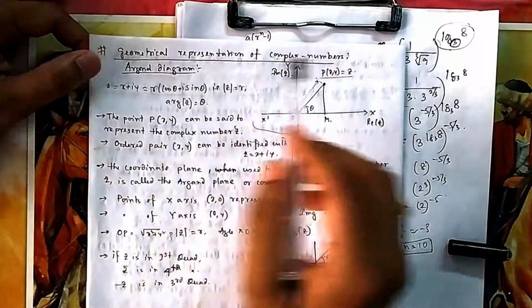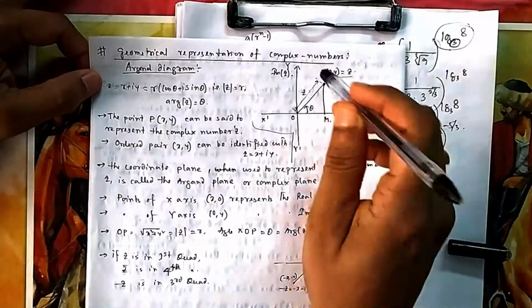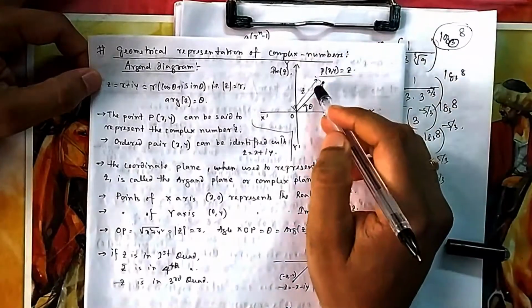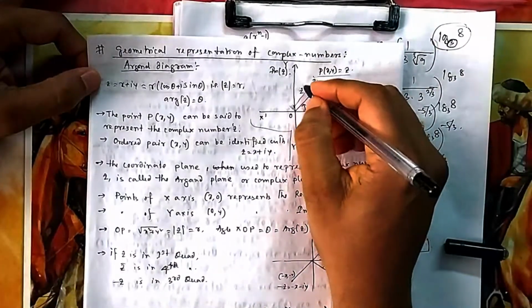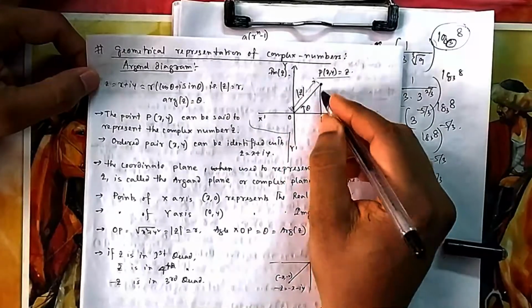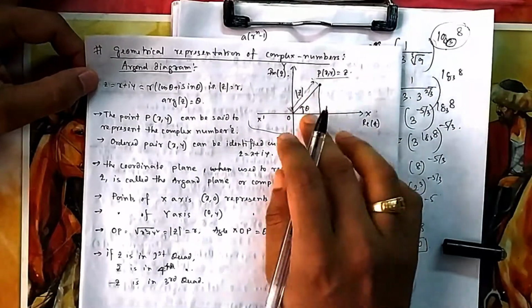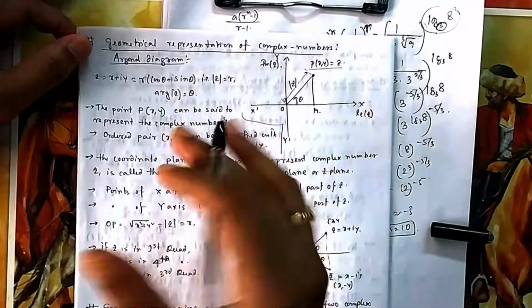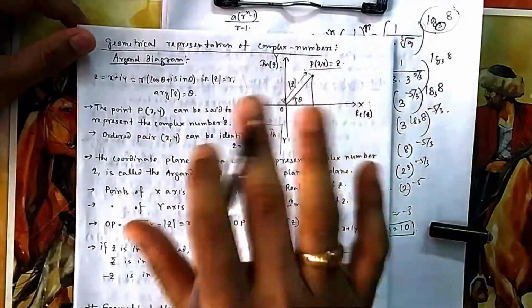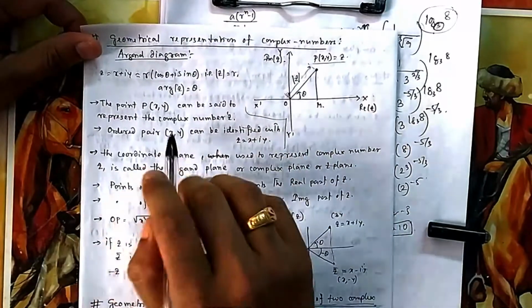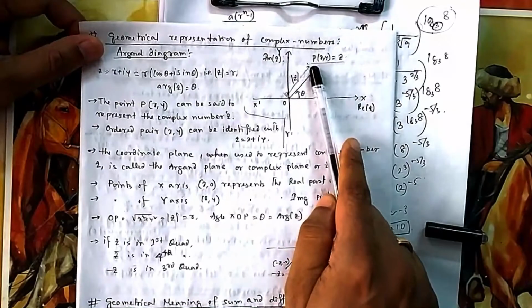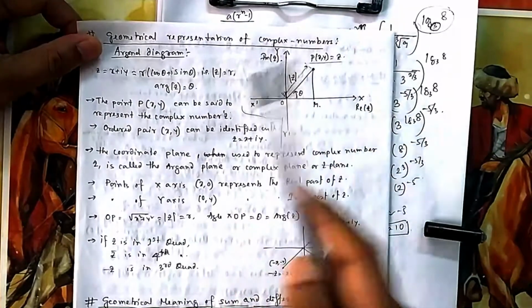So actually what is complex number z? It represents a point in this Argand plane. This point is actually the complex number z. And this is its magnitude, this length from here to here, root of x square plus y square, and this is the theta. So now you can correlate everything with coordinate geometry. There is a one-to-one resemblance between complex numbers and coordinates. So this point (x, y) can be said to represent the complex number z.